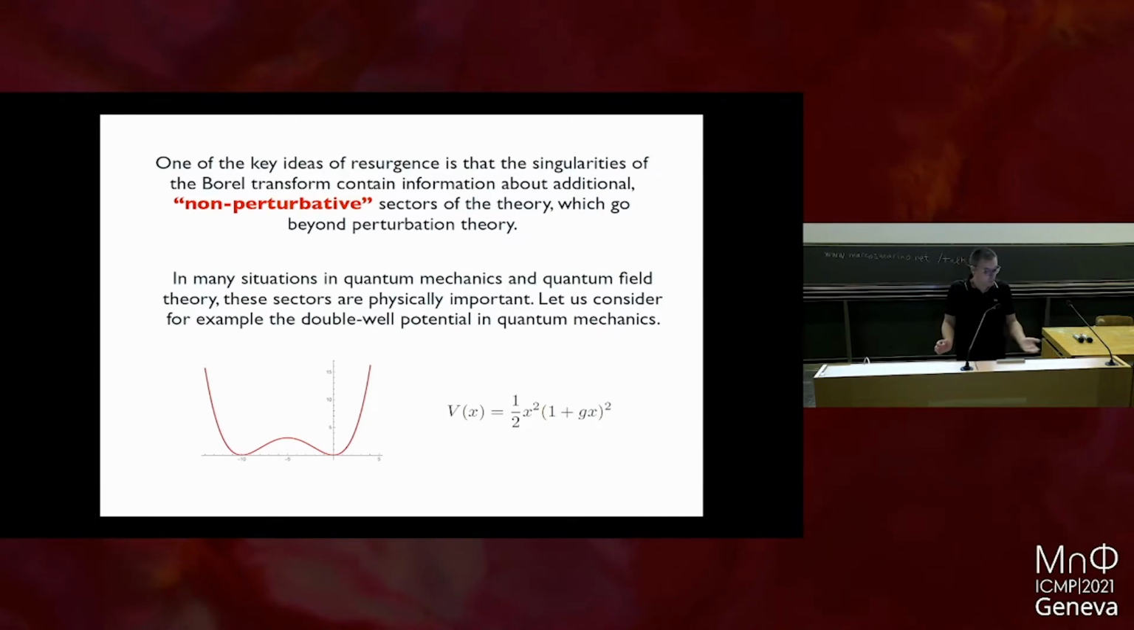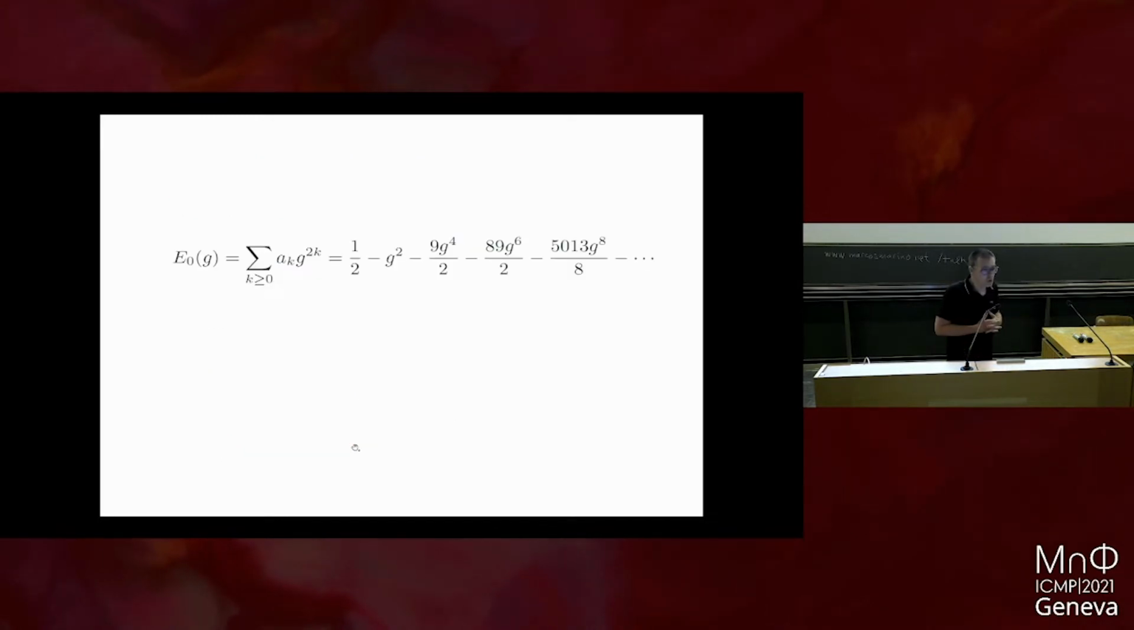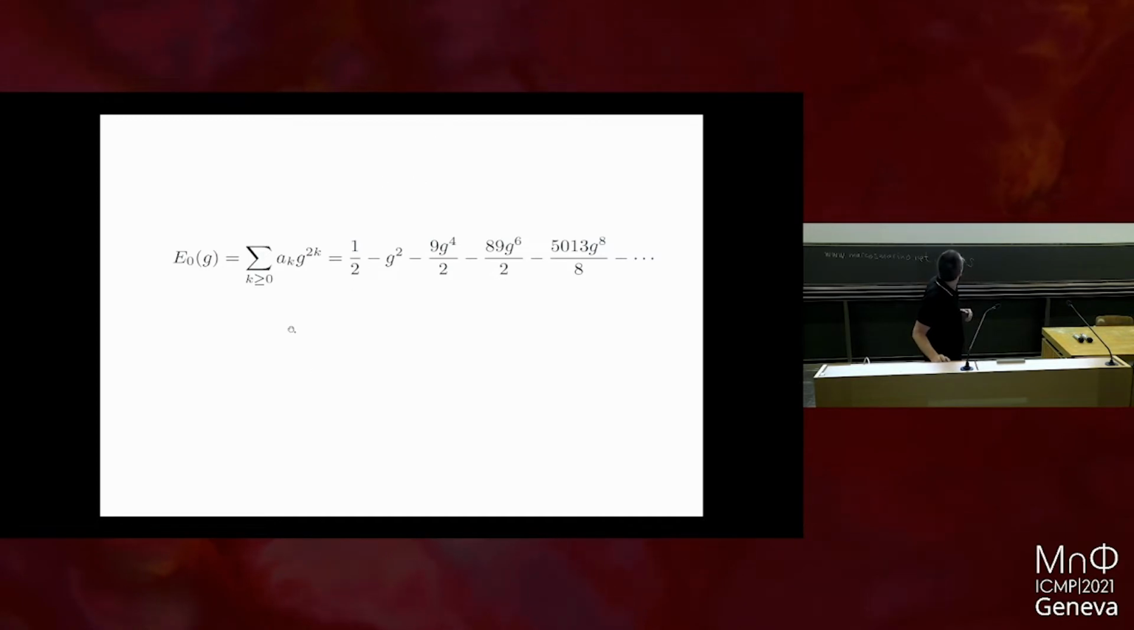So here you have two minima, and then you can do perturbation theory around these two different minima. You get exactly the same perturbative series. And this is something that you can also calculate with elementary means. You will get, again, a series which starts with 1/2, which is the energy for the harmonic oscillator,